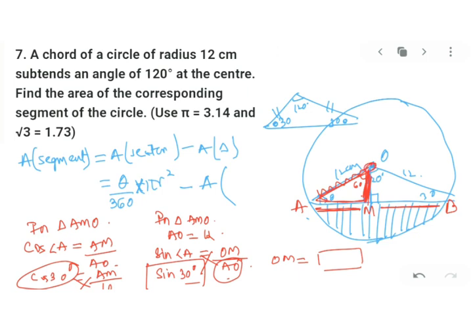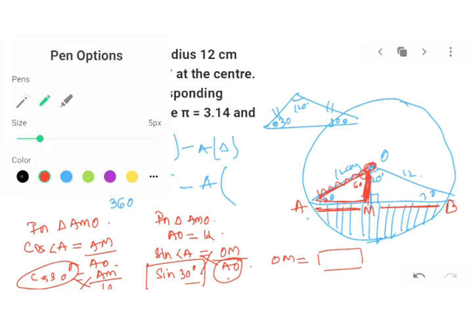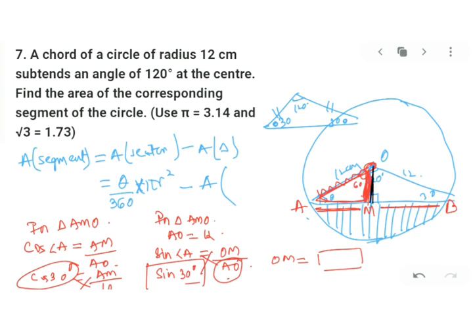because it is said that a perpendicular drawn from the center to the chord divides the chord into two equal halves. That we have done in our grade 9th. So we have AM, you got it. When you double it, you will get AB. Now my dear kids, you have both the things in your hand. You have OM here and you have AB.